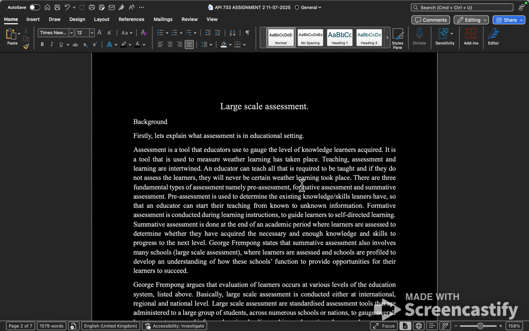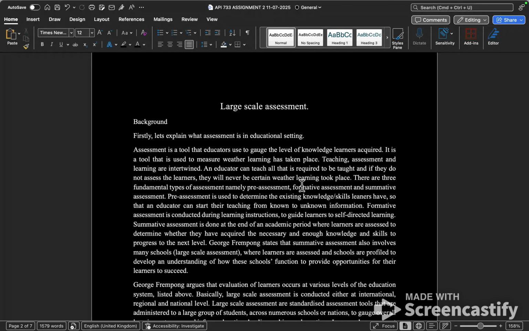We are going to unpack what large scale assessment is, and how large scale assessment is conducted or administered, and how does it add value to the South African education system, and how large scale assessment impacts on my education environment. But before we go straight onto large scale assessment, I think it is important that we first understand the